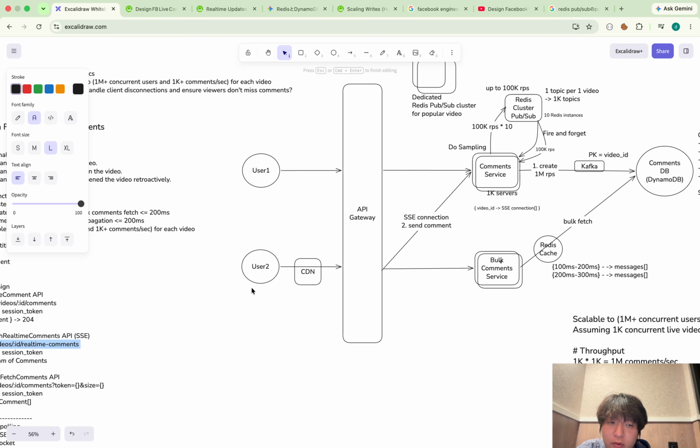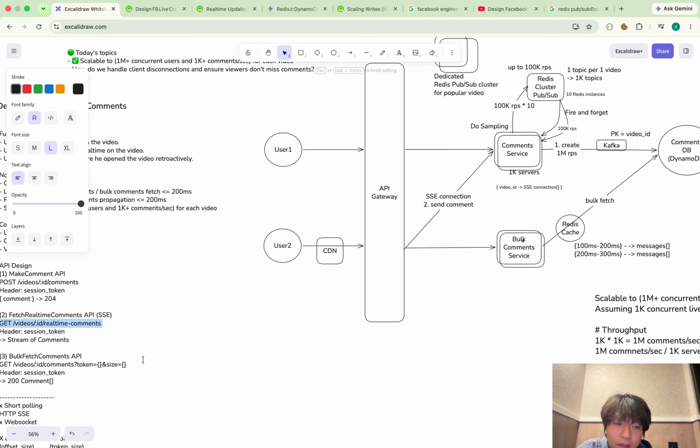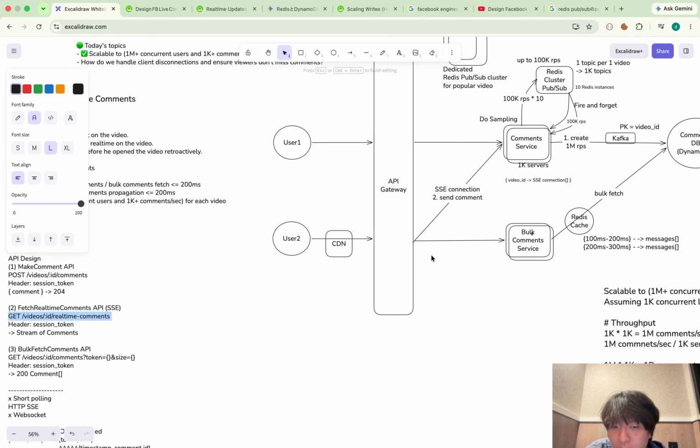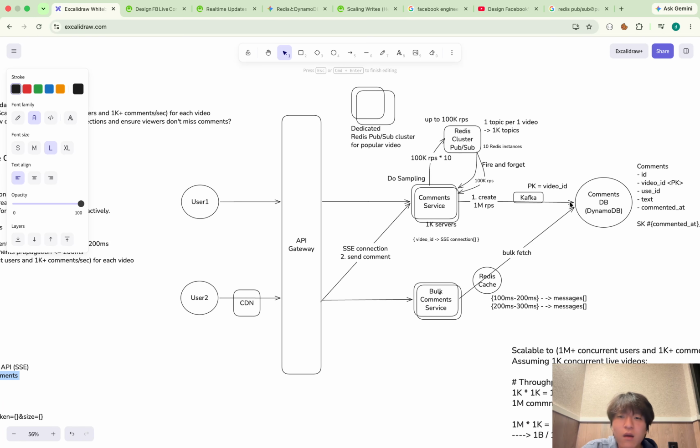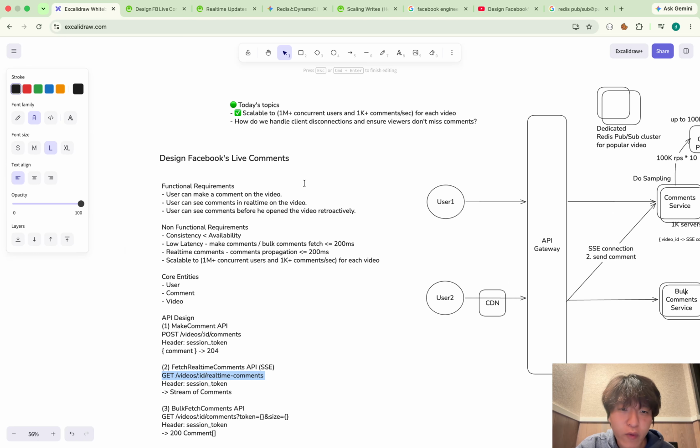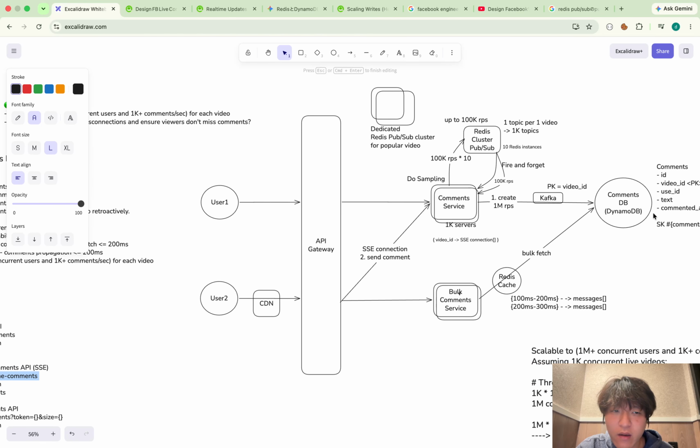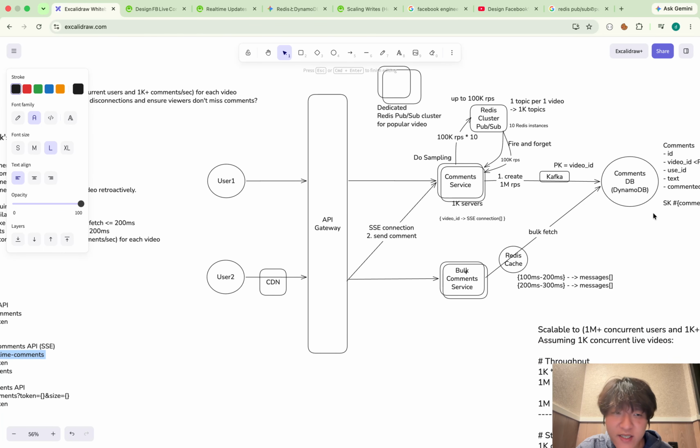If we'd like to backfill the missing messages, the client should call the bulk fetch comment API. So in that way, the client can just reconnect and get the live comments again.